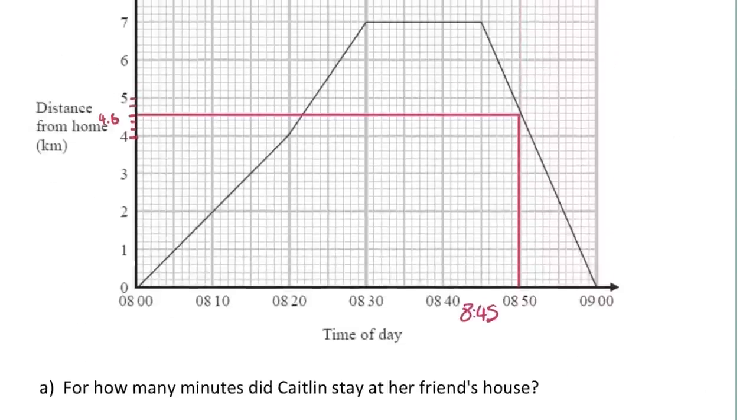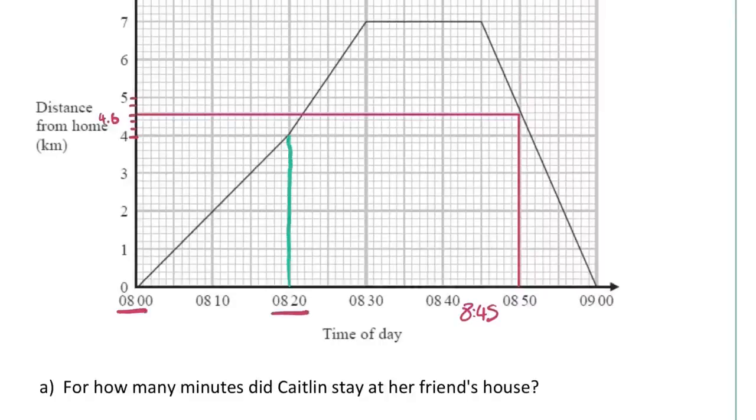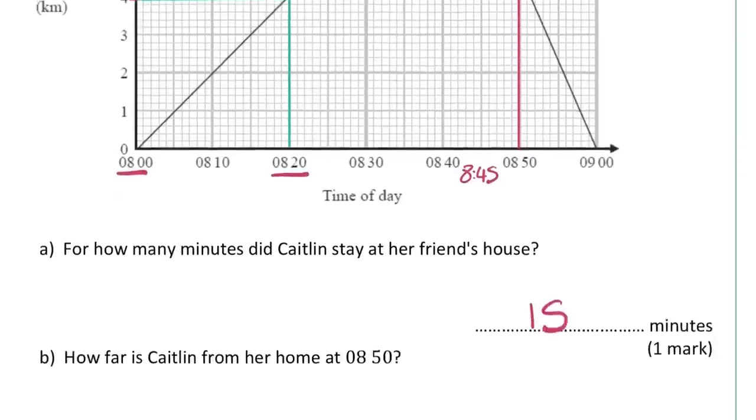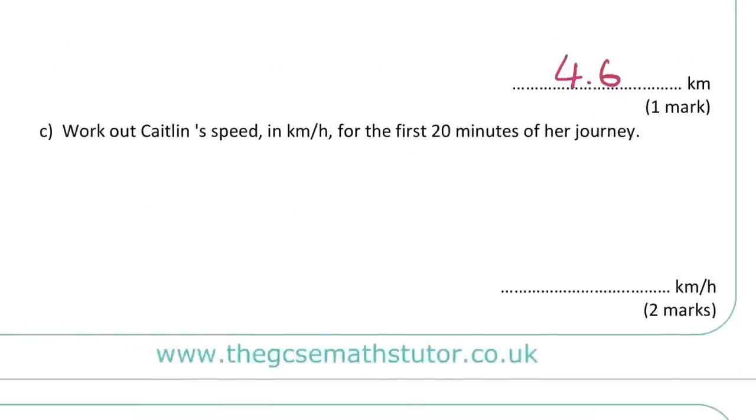Well, let's have a look. So for the first 20 minutes, that gets us from 8 o'clock to 8:20. So if I go up and let's just see where we are at 20 minutes. In 20 minutes, she is 4 kilometres away from her home. So that is the distance she's gone in 20 minutes. So let's write that down just here. So we've gone 4 kilometres